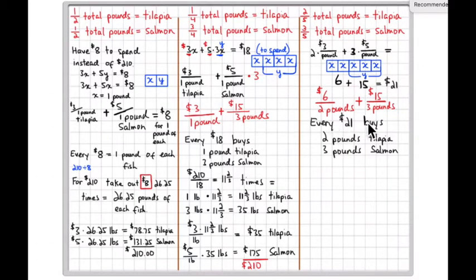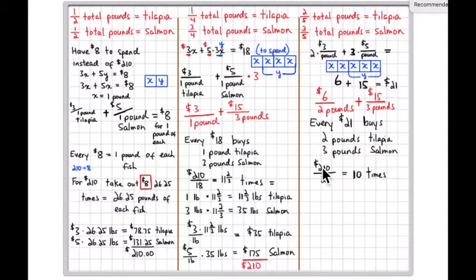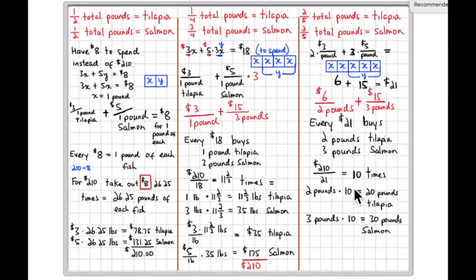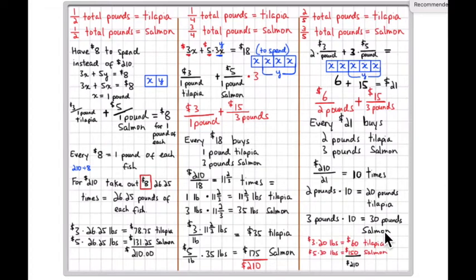How many times can I do that? I can do that 10 times. $210 divided by that $21. So 2 pounds of tilapia, 3 pounds of salmon every time. I can do that 10 times. So this is 2 pounds times 10 is 20 pounds of tilapia. 3 pounds times 10 is 30 pounds of salmon. So figure out the cost and you get that $210. So this is just a very quick review. But now let's use the